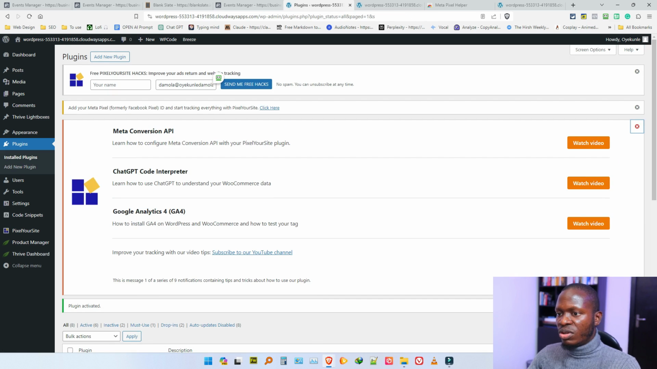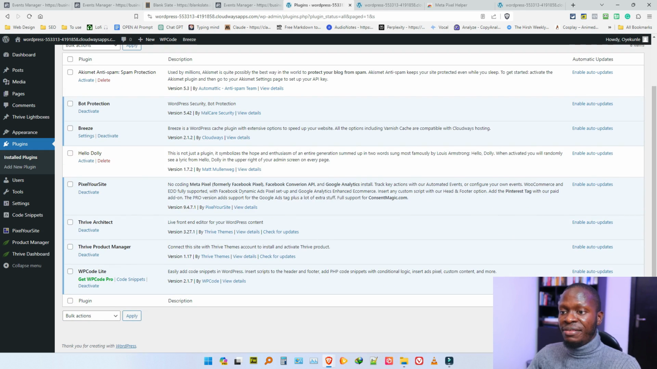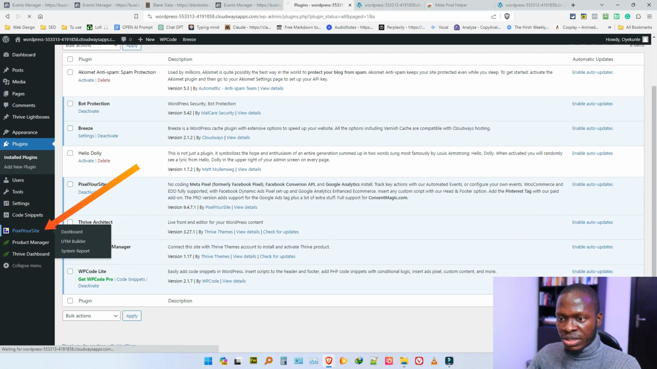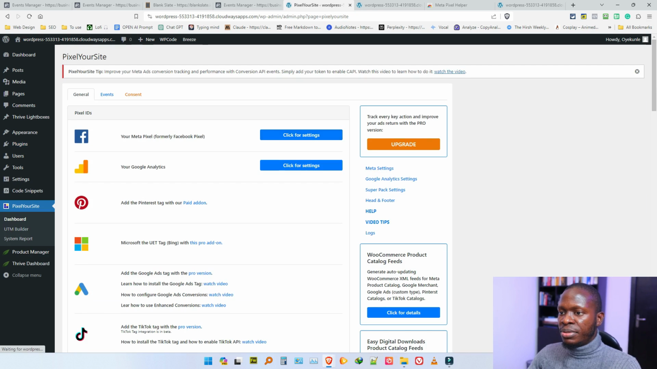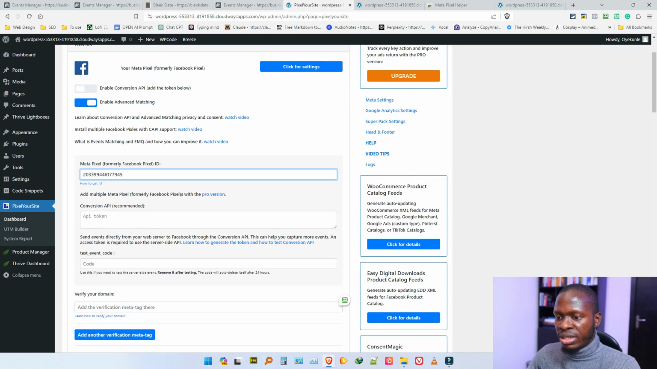Awesome. I'm going to close all of these. But their setup is usually very, very intuitive. So Pixel Your Site, I'll click on it to open it up. Your Meta Pixel, formerly Facebook Pixel, click for settings, enable conversion API. Remember that conversion API that I showed you, this is where you set it up from. Enable advanced matching, and then I'm going to drop that pixel code there, and